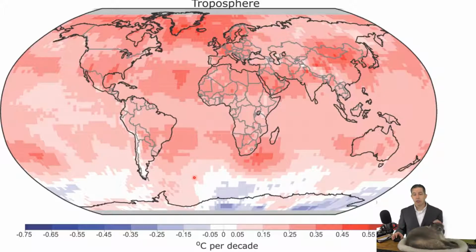So the colors are similar to the other maps. Red means that it's getting warmer, blue means it's gotten colder, white means it hasn't changed, gray means we don't have any data. Okay, so notice that there are some big differences between this one and the last maps we were looking at. One difference is you don't see the big contrast so much between the continents and the oceans, right? You still notice more warming up here to the north,